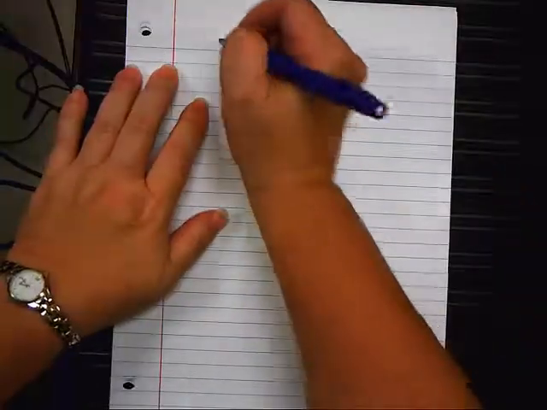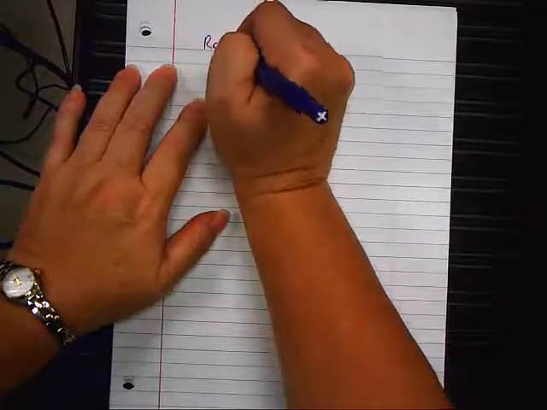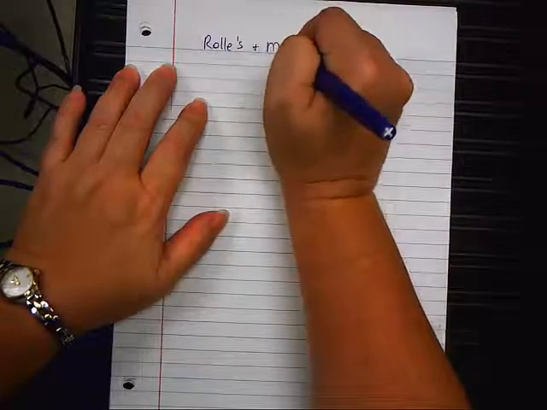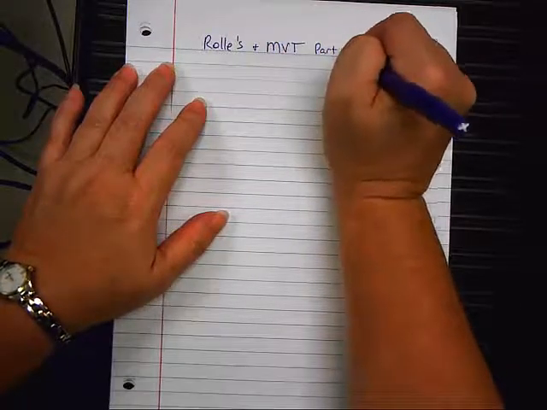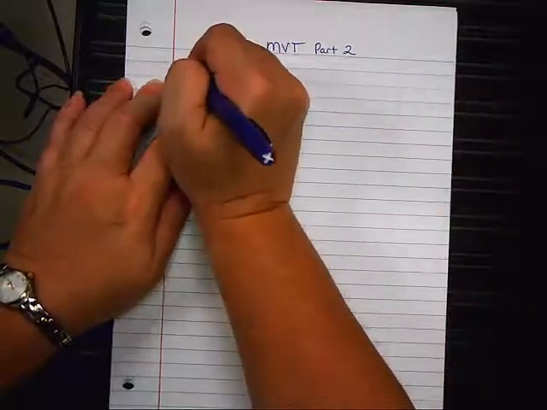Now we are going to complete the notes on Rolle's and Mean Value Theorem. So title it Rolle's and MVT Part 2. This will be short. For example,